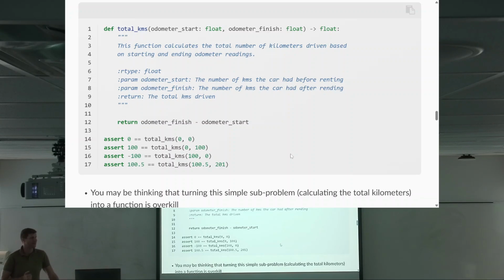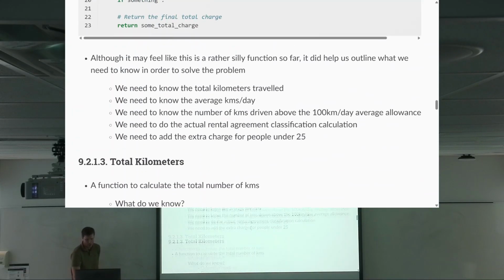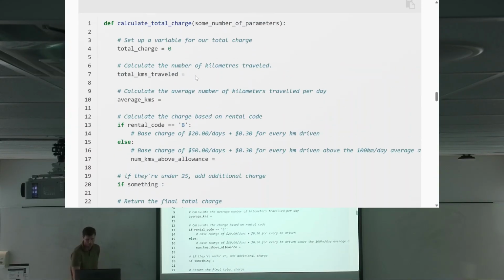As I was saying last time, you might say, well, it feels kind of unnecessary to make this a function. And maybe you're right. Why make this a function? All it's doing is calculating the difference. I could have just put that line of code right here. Total number of kilometers is going to be the difference in the odometer readings, end minus start, obviously. So why make it a function? And you're right. But